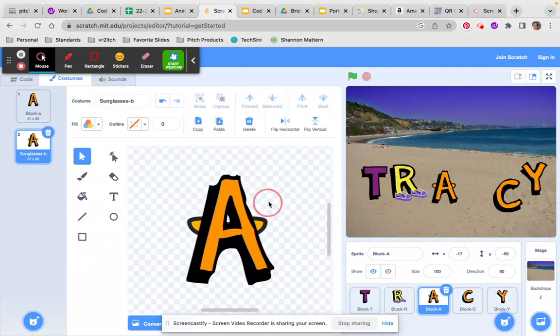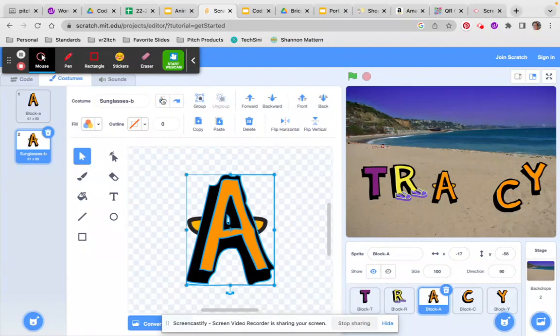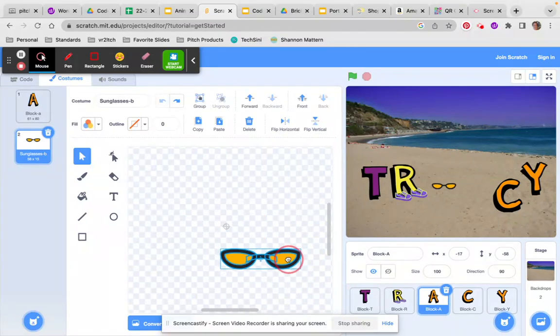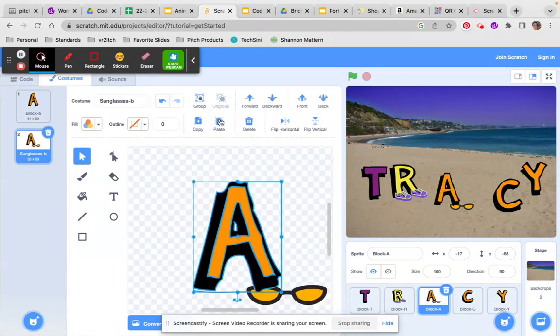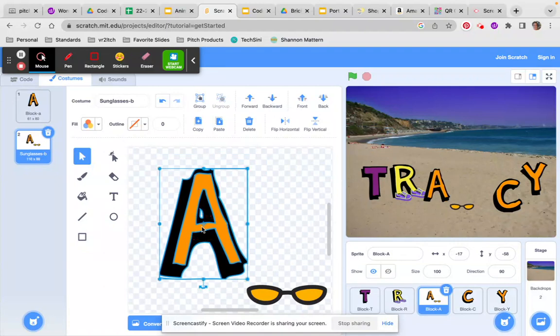Now it just moved all the way. So while that's there, I'm going to move. Let me undo that again. I'm going to select this first. And I'm going to move the sunglasses and then I'm going to click paste because I want the letter to stay together. So now I am going to repaint this letter to another